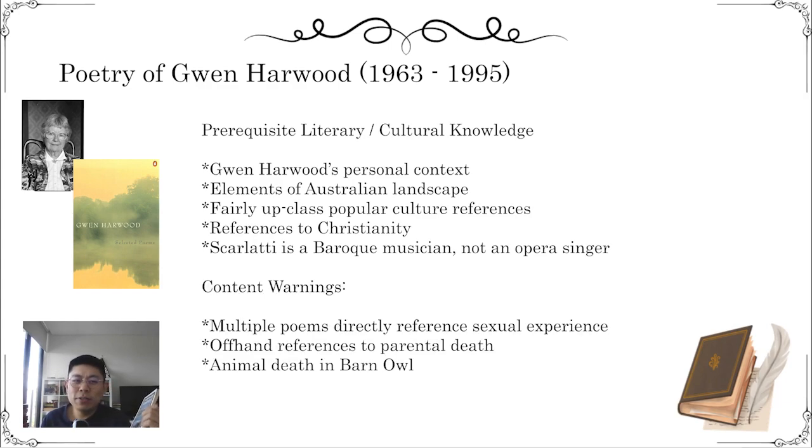As for content warnings, weirdly enough, some of the poems described explicitly are about sex. The Glass Jar is about a child walking in on their parents in the act of sex. It's not graphic, but that is what the poem is about. It's about the loss of innocence. And it's impossible to analyze this poem without a discussion of the narrative of it, and it just results possibly in an awkward moment with students.